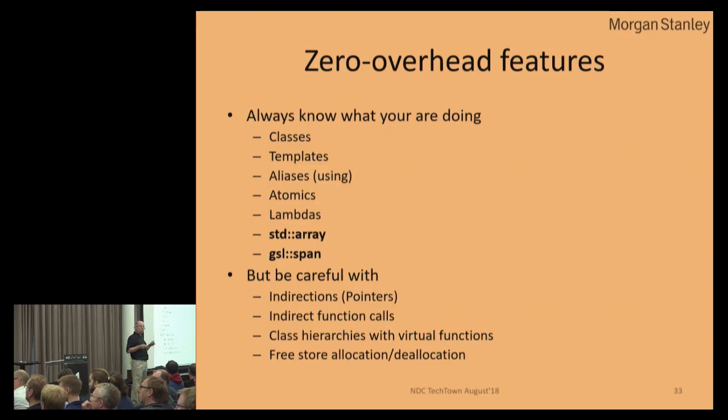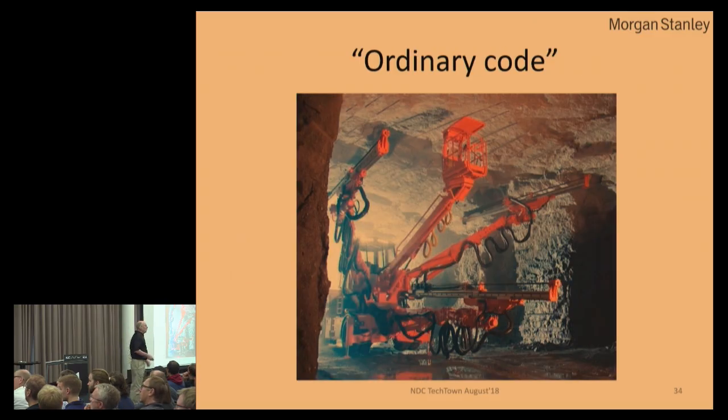That, by the way, was a real example from a real gadget that's deployed in the field, not from a big computer. And class hierarchies and virtual functions, be sure you need them before you use them, because there is a cost involved in them, and they bias you towards writing in a certain style of code, which usually involves more indirections and more allocations. And free store allocation and deallocation, usually I don't want to do that. Go to pools or stack allocators or something like that. That's much more predictable.